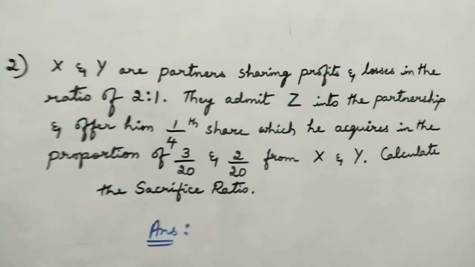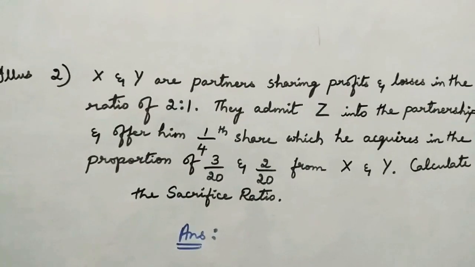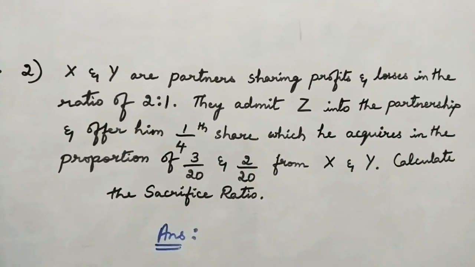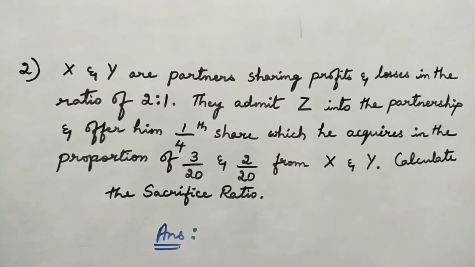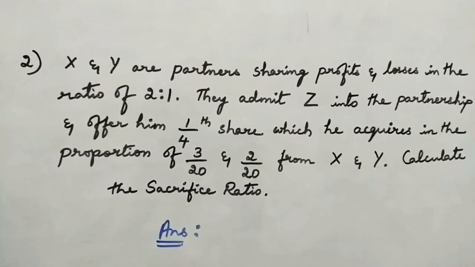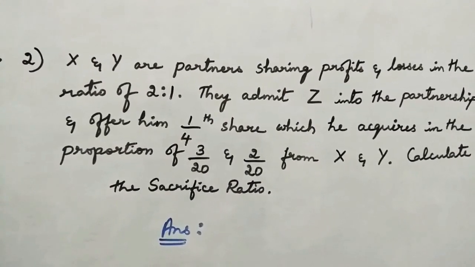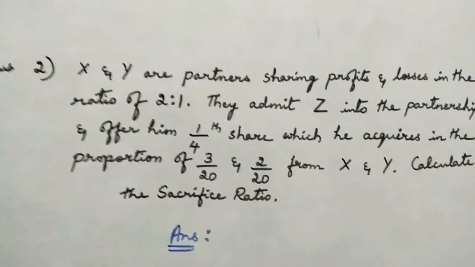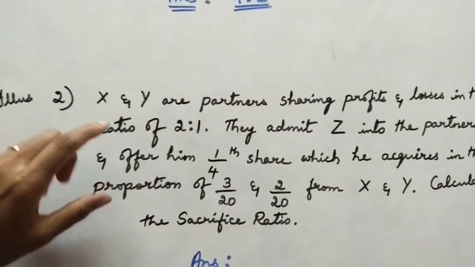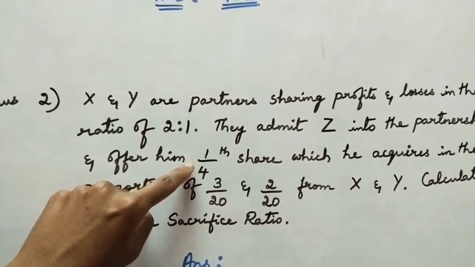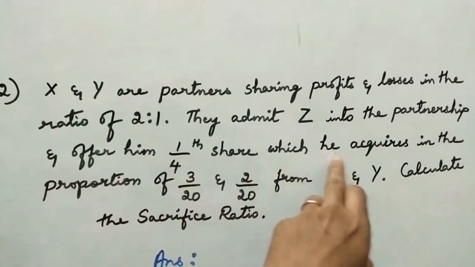Next, moving on to illustration 2. Observe the question. X and Y are partners sharing profit and losses in the ratio of 2:1. They admit Z into the partnership and offer him 1/4 share, which he acquires in the proportion of 3/20 and 2/20 from X and Y. Calculate the sacrifice ratio. This is again the next case which we need to observe. Old ratio is given. The share of the new partner is given. But apart from this, the new partner is acquiring